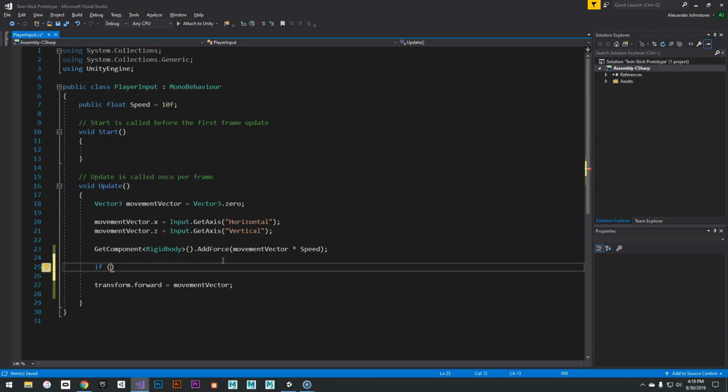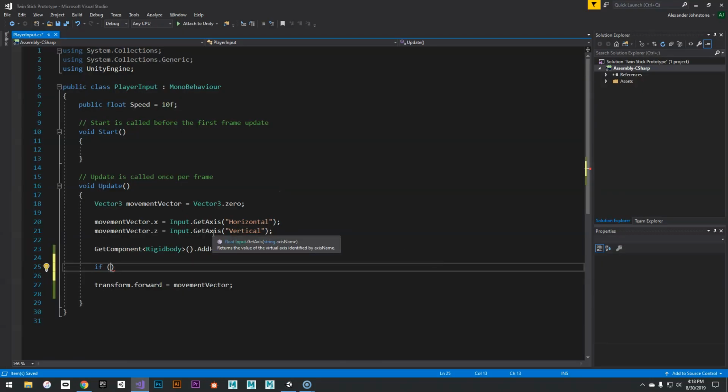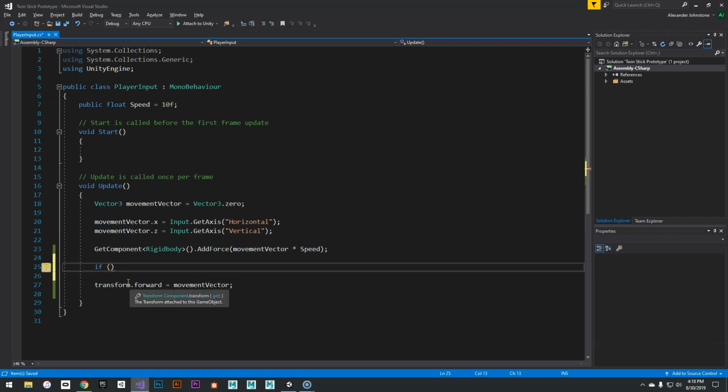And what we can do to assess whether this movement vector is 0, and remember the warning said look rotation viewing vector is 0 when you weren't pressing anything down, and that's just because when you're not pressing anything down, these input axes are just returning 0. So when it gets to set this, movement vector is effectively 0. So what we want to do is we want to ask whether movement vector is not equal to